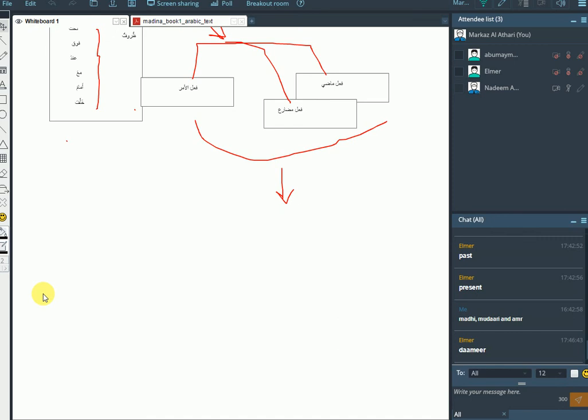We learned that if Harf al-Jar comes before it, or if a dharf comes before it, it's going to take a kasra. One, if there's alif or lam, or if it's mudaf, and two, if there's no alif or lam. Jayyid, that's what we learned so far.